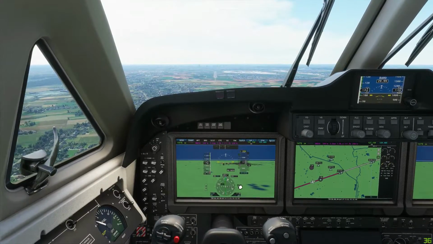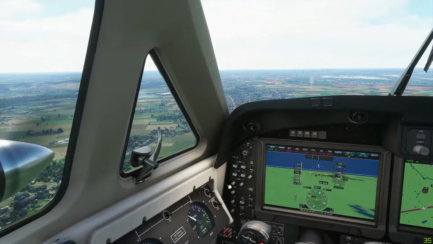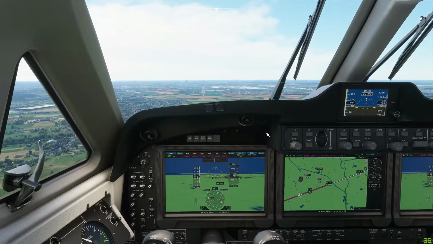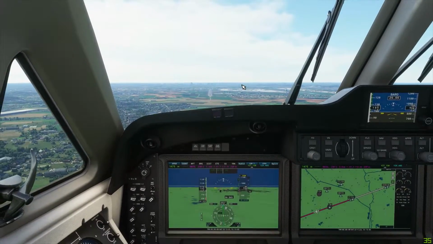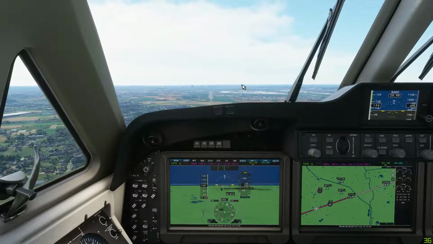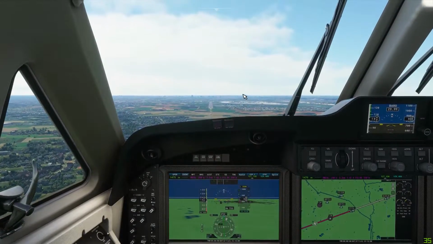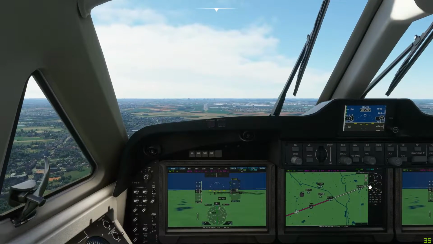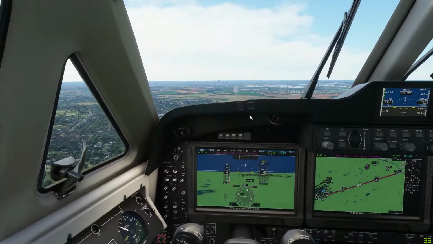It does it for you automatically, like a G3000 normally should do it automatically. So I am happy to see that the King Air is doing it as well. Looks like we are a little bit low, so probably I should add a little bit more throttle to speed us down, but okay, let's see what it does. It descends a little bit faster, if you ask me. So we are completely